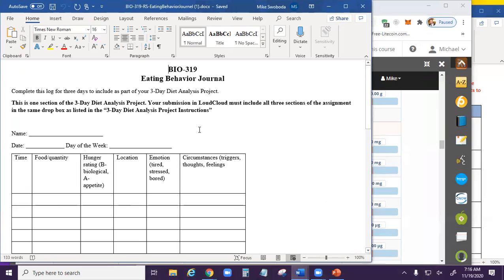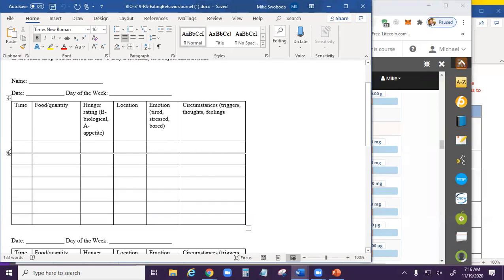So for the eating journal, this is where you're just going to put the approximate time you ate, what you ate, and for the quantity, you don't have to have anything super specific. Like you don't need to say, oh, I had 200 grams of chicken today. But you should at least put a relative amount. I had a bowl of cereal. Okay, I know what that kind of looks like. Your specific quantity needs to be in the actual Cengage Diet and Wellness Plus. That's where you'll put the actual specific value, okay?